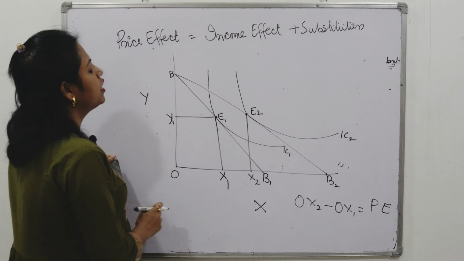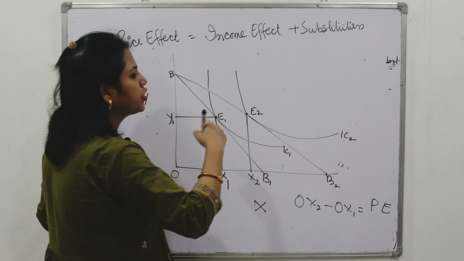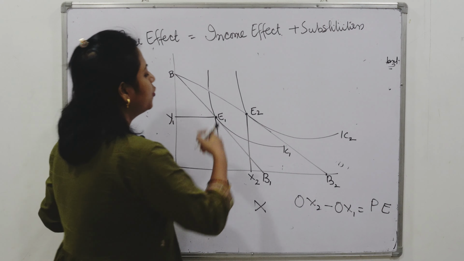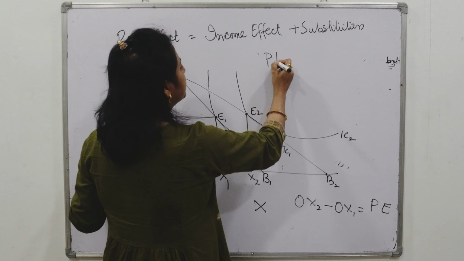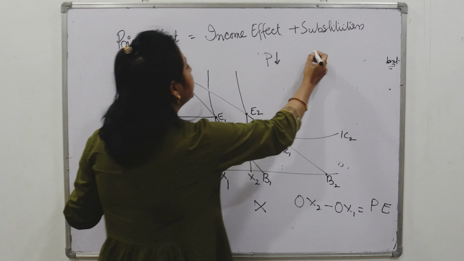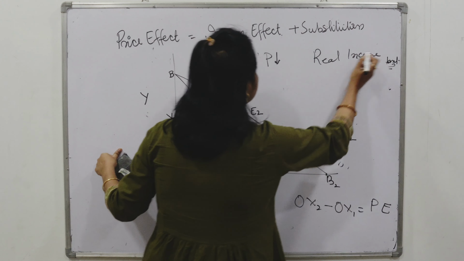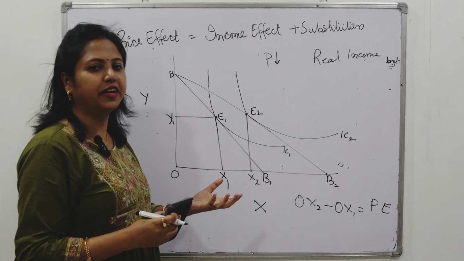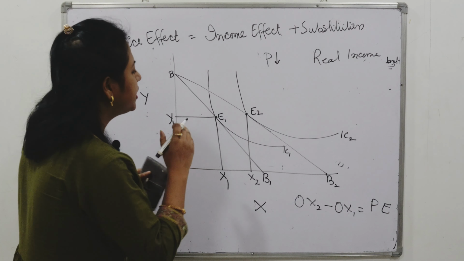For that, what will I do? I will follow the Hicks substitution effect, where we say that when the price of a commodity has decreased, it gives rise to the real income of an individual. Why does the real income of the individual rise? Because I will have more surplus money in my hand. I have some extra money left, so my real purchasing power increases. I can purchase more. So Hicks says that